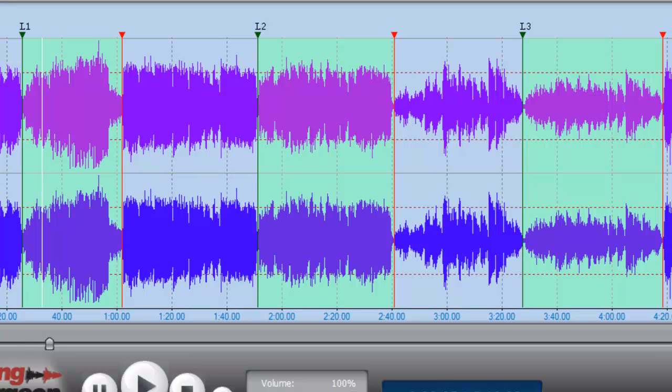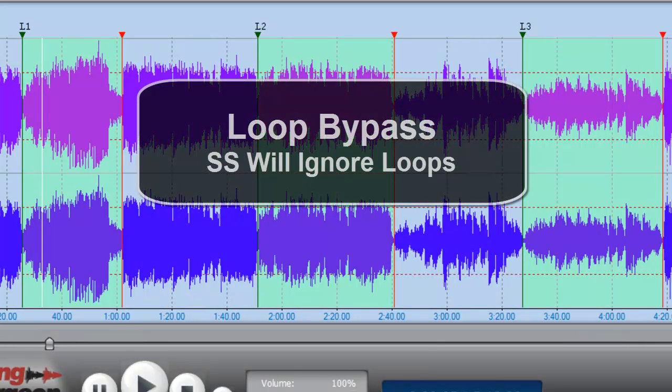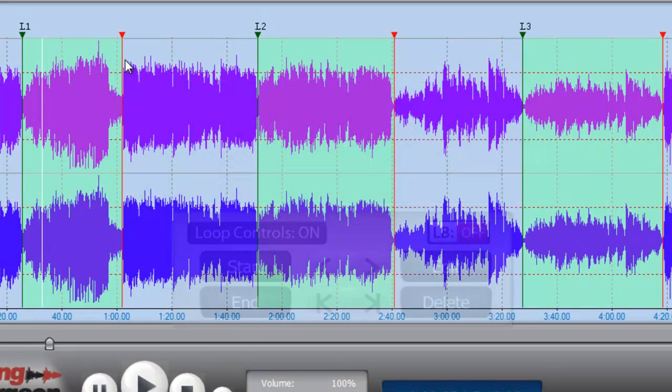Now at some point you may say, hey, I've practiced each of these individual loops, now I want to try the whole song from start to finish. But you want to save your loops because you're probably going to want to go back to them and practice each of the looping areas again. So what the loop bypass does is it essentially allows Song Surgeon to ignore the loops as they are set up on the screen. So if we go ahead and click it,